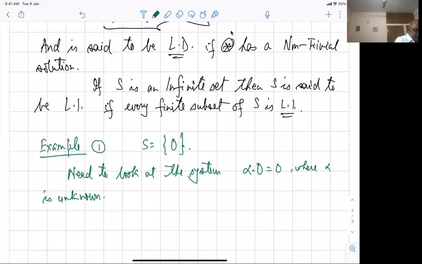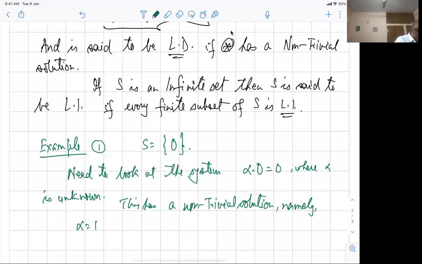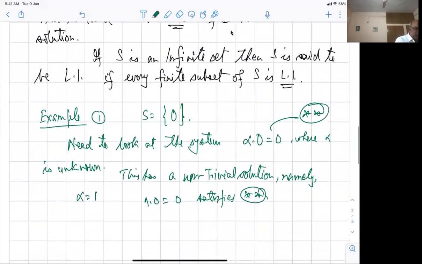So you can see that this has a non-trivial solution, namely alpha is equal to 1, because 1 times 0 is equal to 0 satisfies double star. Let me write it as double star. Fine. So it has a non-trivial solution,